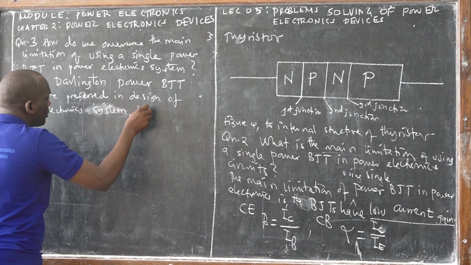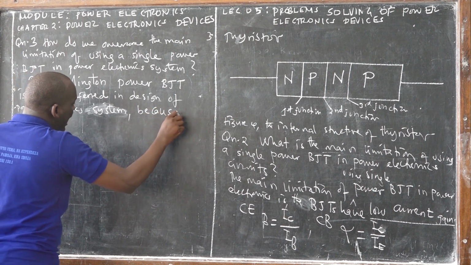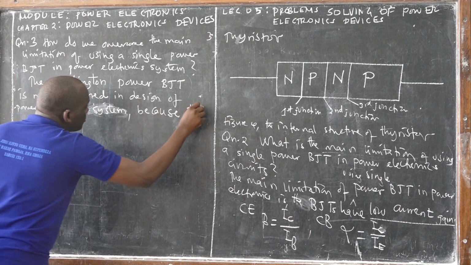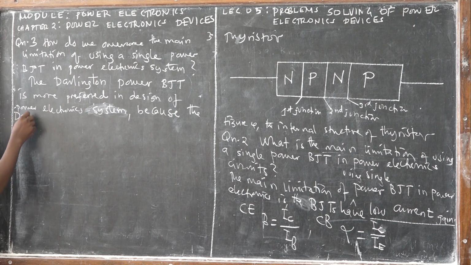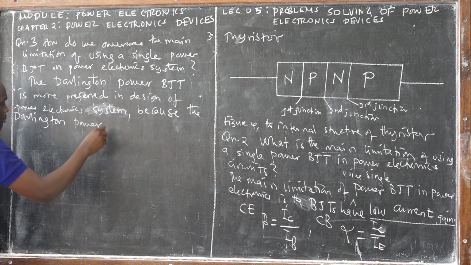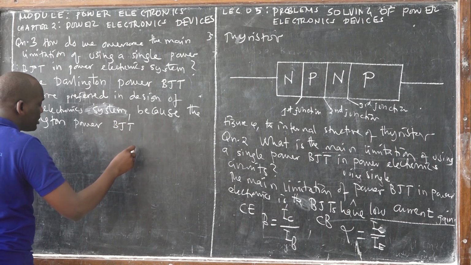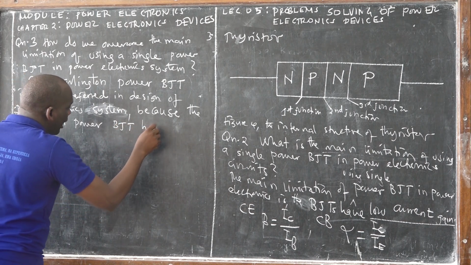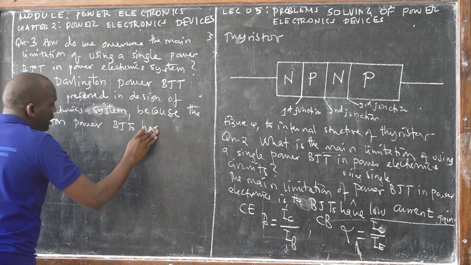Why? Because the Darlington power bipolar junction transistor has